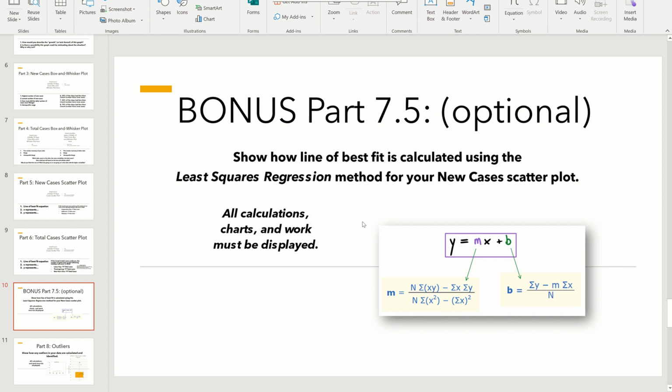I'm more than welcome to help you with this if you choose to put this part in. Remember, this is a bonus part. It is optional. And calculating using least squares regression with the number of data and number of points we have, it's quite the process. I'm telling you right now. So please decide with your partner if you do want to include this, and if so, you are welcome to work on it, do some research, figure out how to do it. I am more than welcome to help you as well.